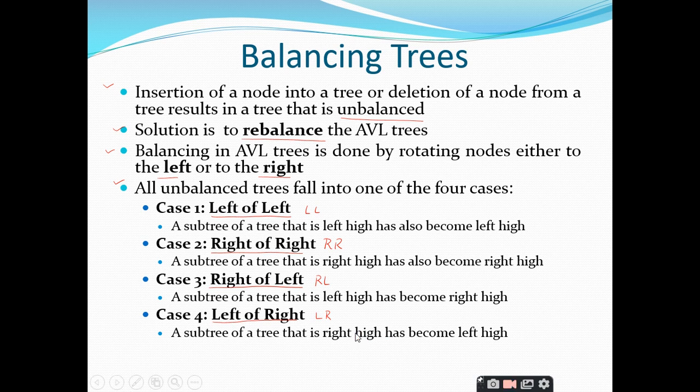So this is the end of today's session. We'll stop here, and in the next session we will continue with the same topic of AVL trees, where we will be discussing very important concepts on these types of imbalances. All these four cases we will discuss with examples, and we will see how we can rebalance them by using left and right rotations. Very important concept. We will take a few examples and explain everything.